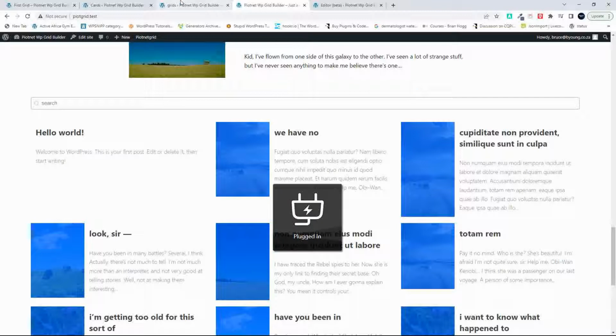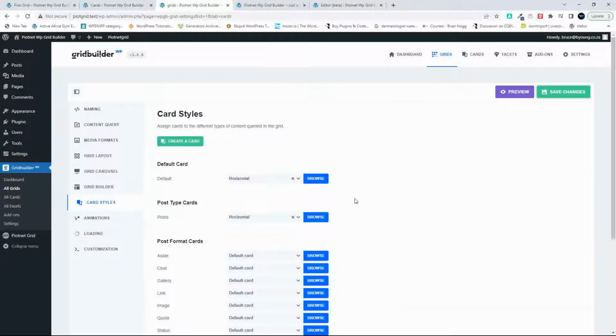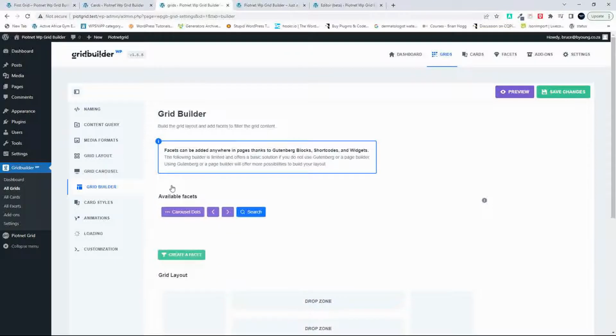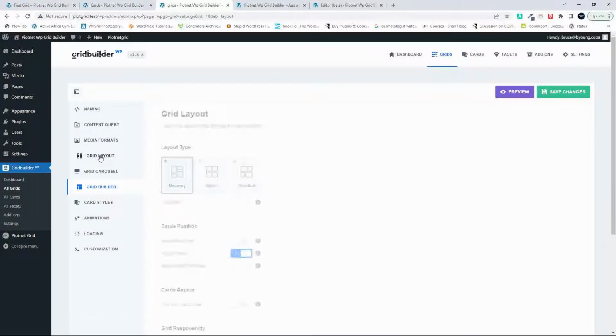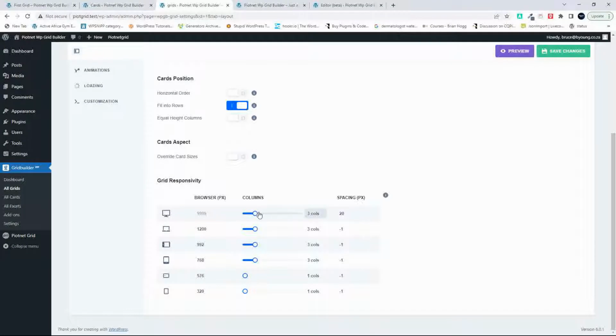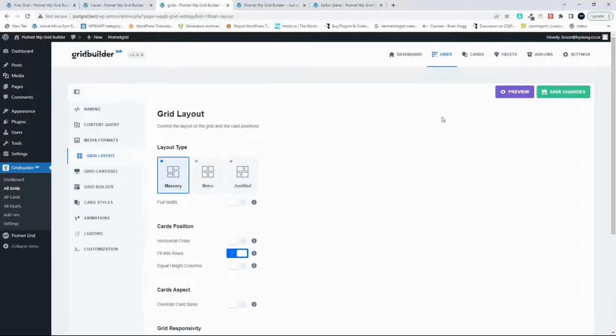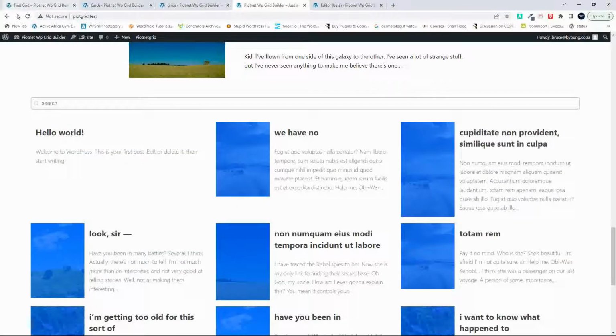So let's go back to our grids, and what we're going to do then in our grid builder, when we looked at the styles, you'll remember that in grid layout we could set the number of columns, and we're just going to set that all to 1 column across, and we'll save the changes. And now when we have a look, you'll see that we just have the 1 card,